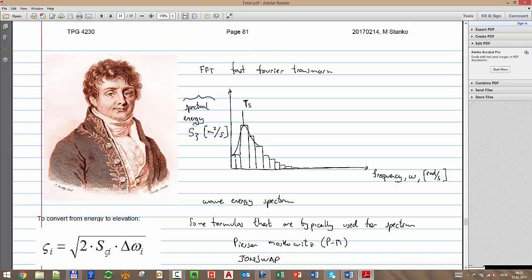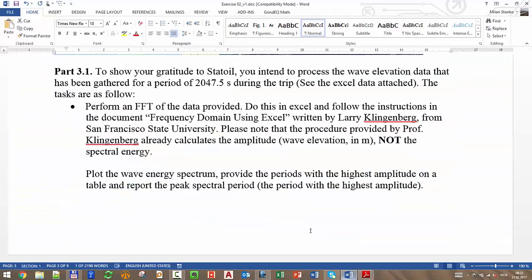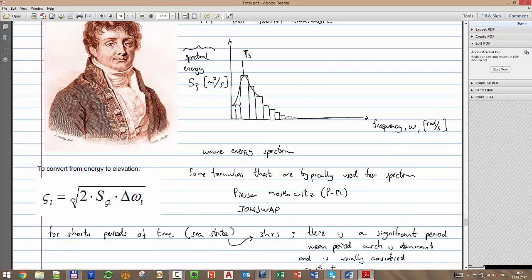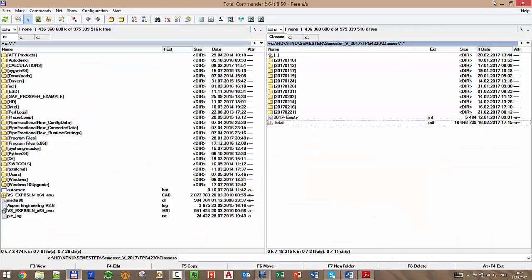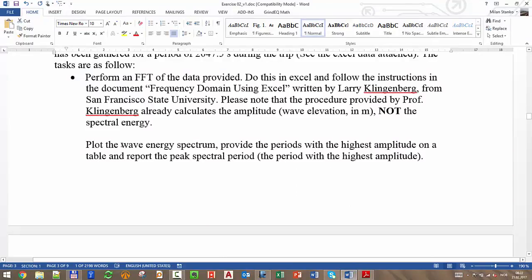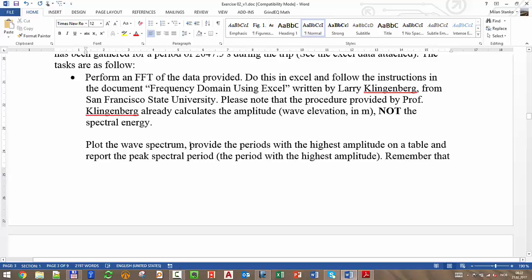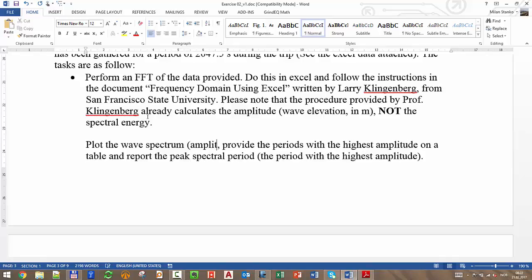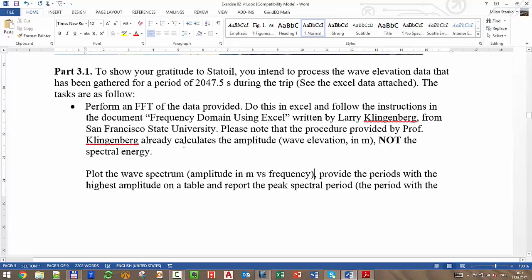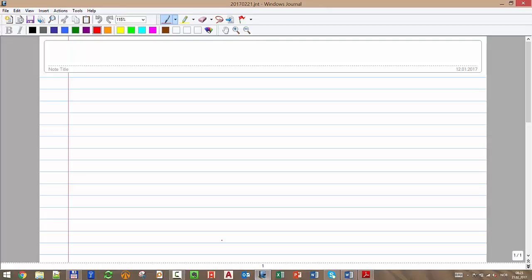But really, just this procedure that we mentioned here of Professor Klingenberg that I told you on the exercise, that's giving you right away this amplitude. So what I'm asking you is to plot actually the amplitude versus the frequency. So don't be confused by that. So plot the wave, we're not going to call it energy, but just the wave spectrum. And that will be amplitude in meters versus frequency. And after that, when you do that, you will find